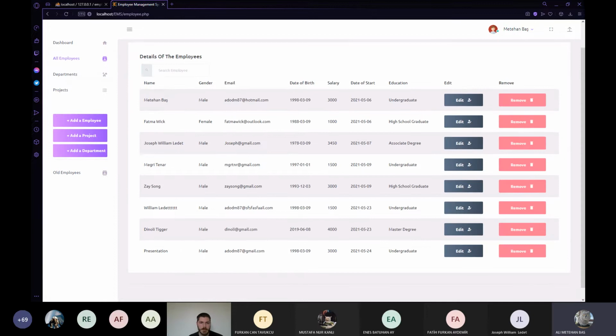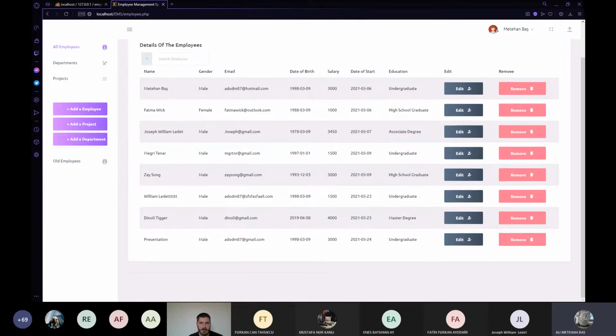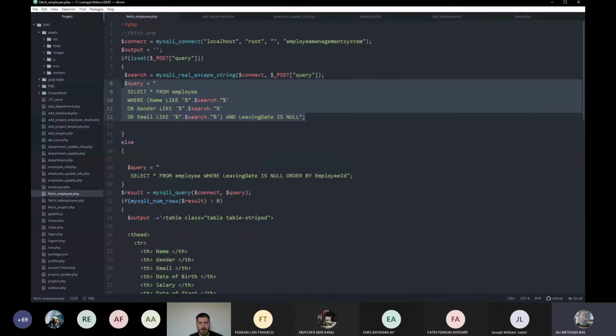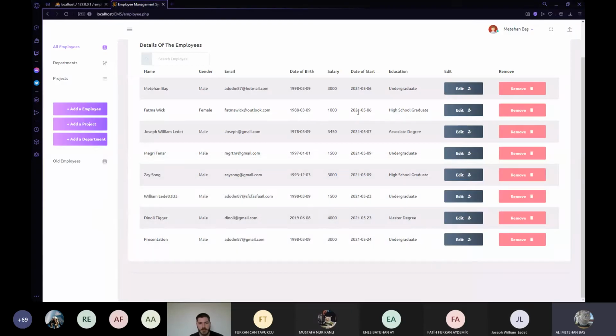On this page, I would like to talk about live search first because I know we need to use a search query. I can show our search query here. Yes. With this query, I search among active employees with living date is null, by name, gender, and email. As an example,